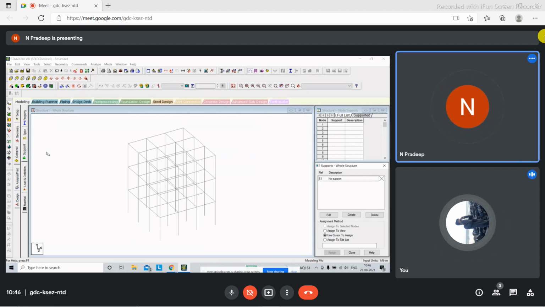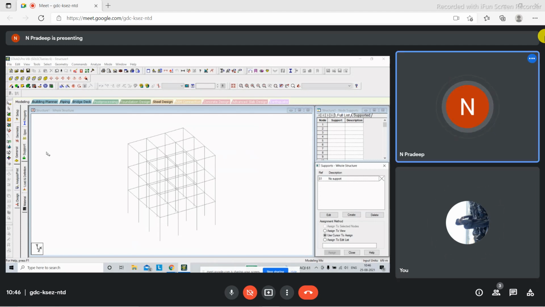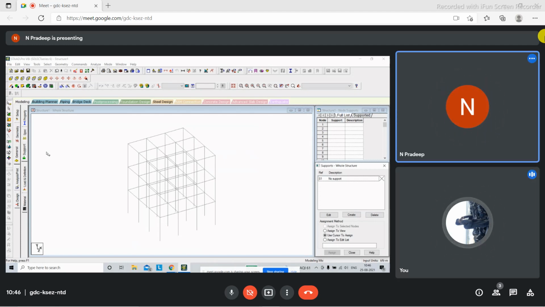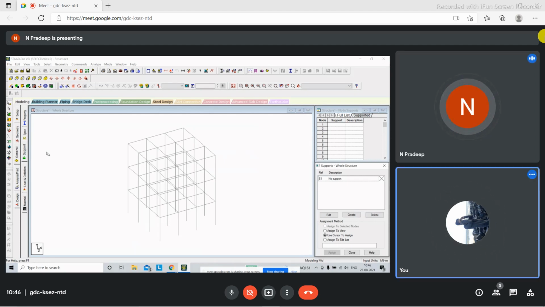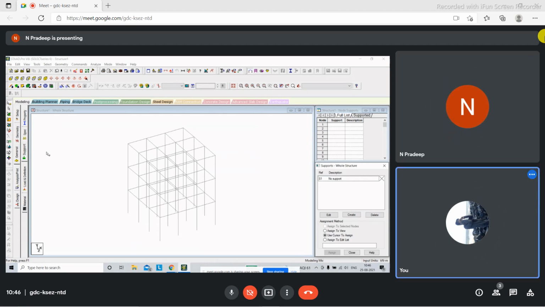Fixed, pin, and pin support. What about hinged? Yes, sir. So how many supports in total? Four: fixed, roller, simply supported, and hinged.